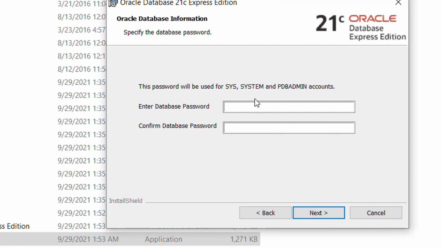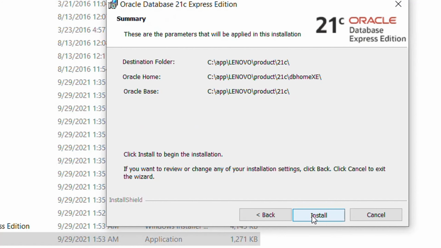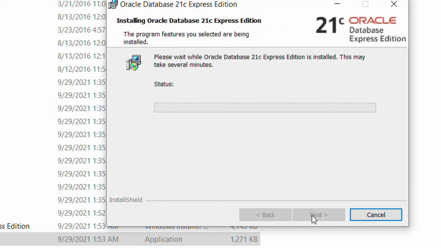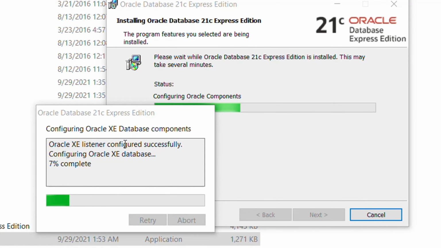system or pdb admin. Okay, and here you will type your password. You can use any password, but the usernames are provided here. First is sys, second is system, and then pdb admin. These will be used for the username, and here I am typing my password, and then I will confirm my password, and then I will press next again. You should remember this password, and then I will press the install button, and this process starts and